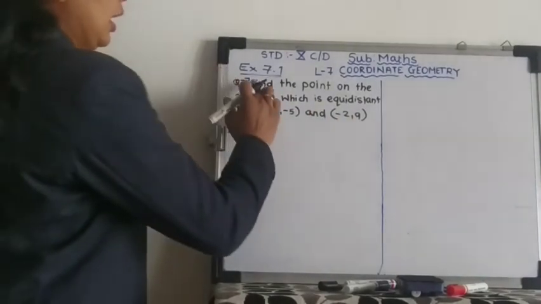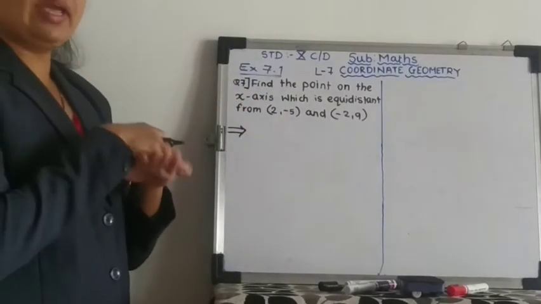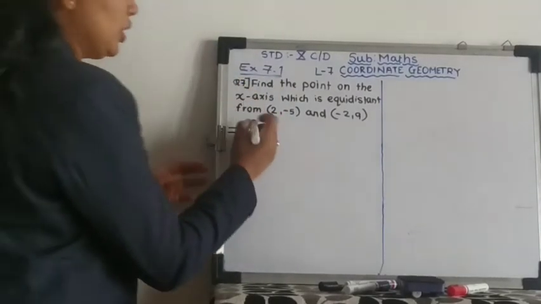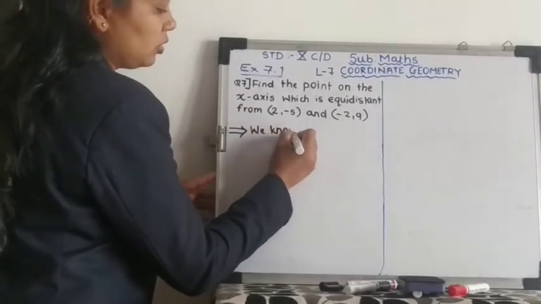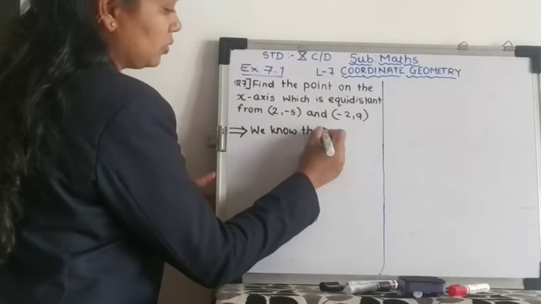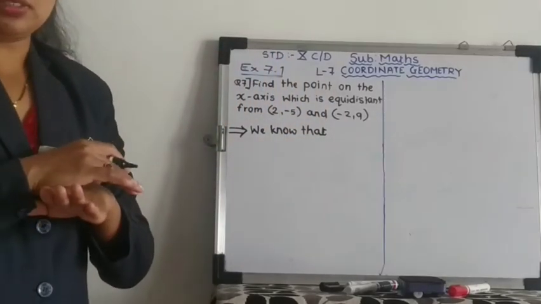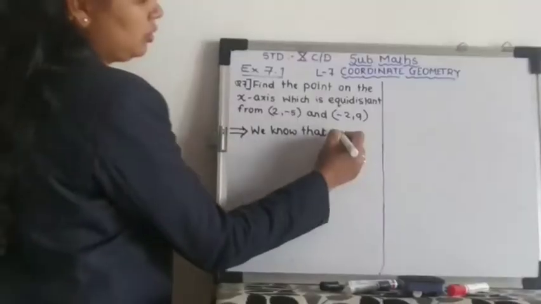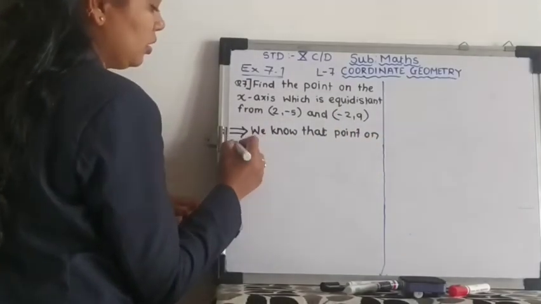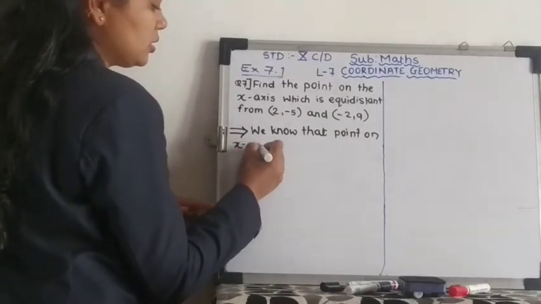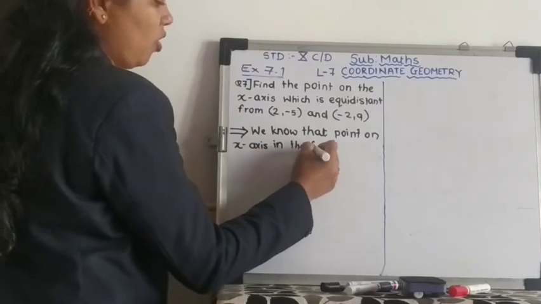As it is given that the points are on the x-axis, so we know that a point on the x-axis is in the form of,